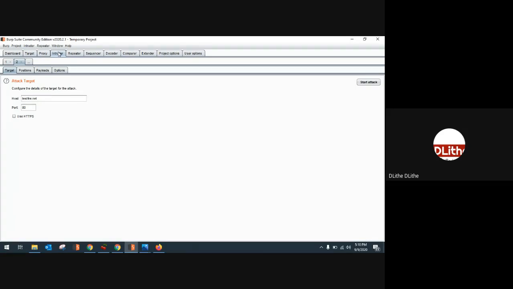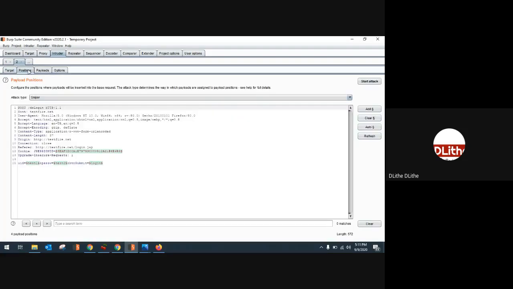Now we need to configure it. This is similar to how we imported the exploit; now we need to configure the exploit and execute it. Clear? So here we have 4 tabs, of which 3 are major. In the first tab, we need to verify whether the given website domain name and port number are correctly mentioned. By default, since you have added it, it would be correct, but just cross verify. Always remember, HTTP would always be port 80, HTTPS would always be port 443. So just be aware of that.